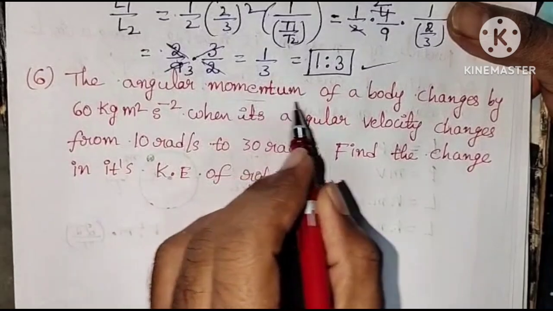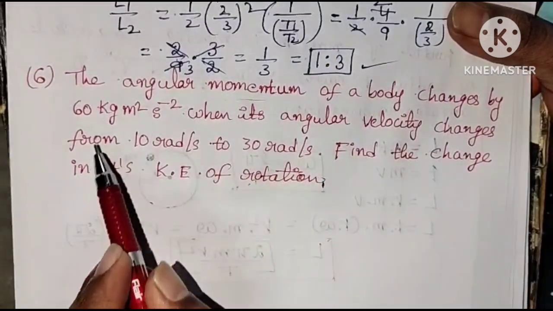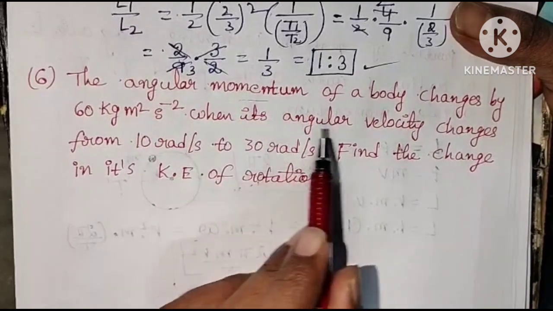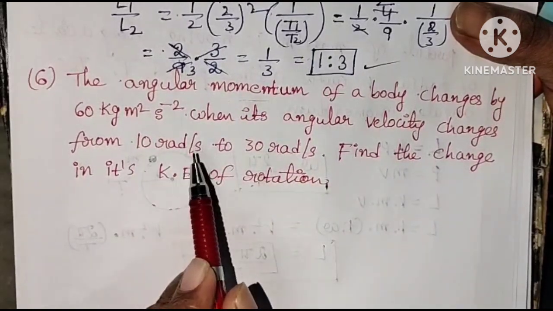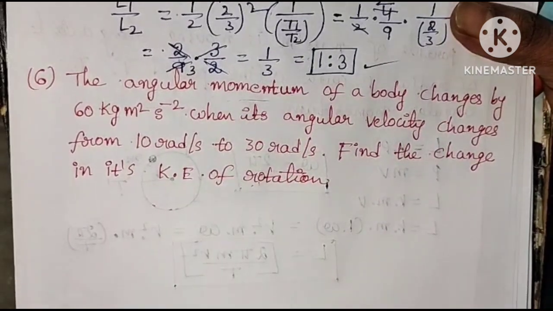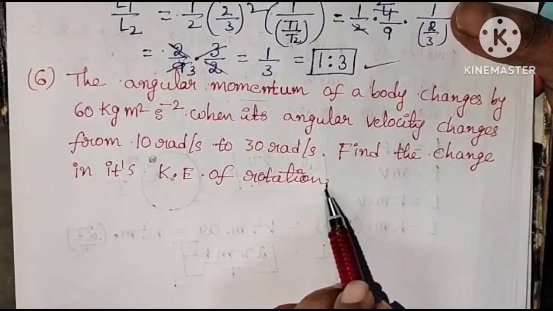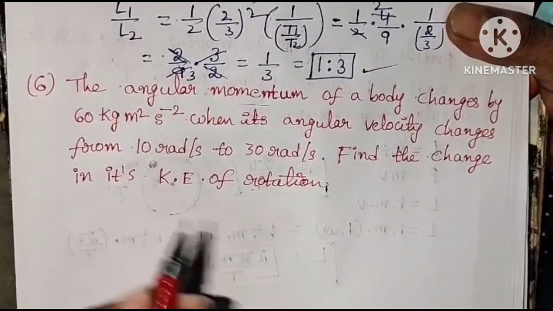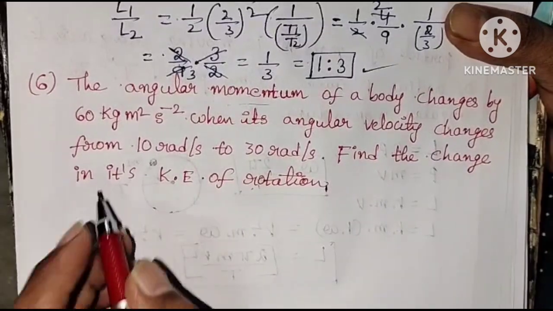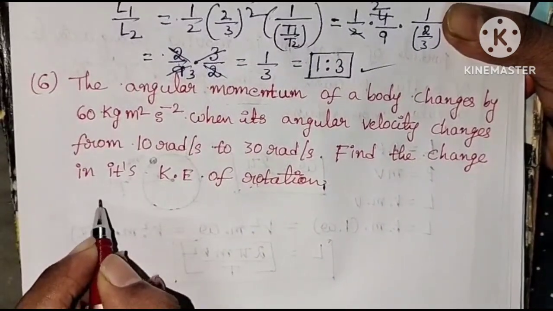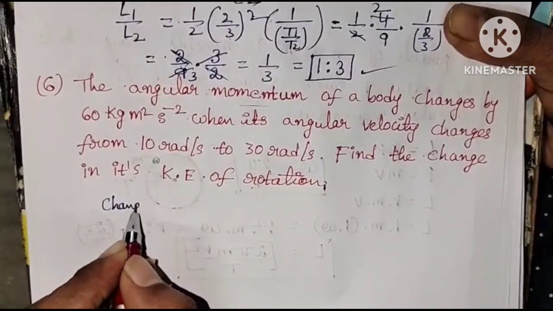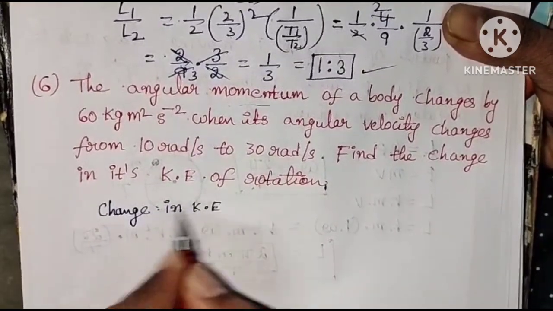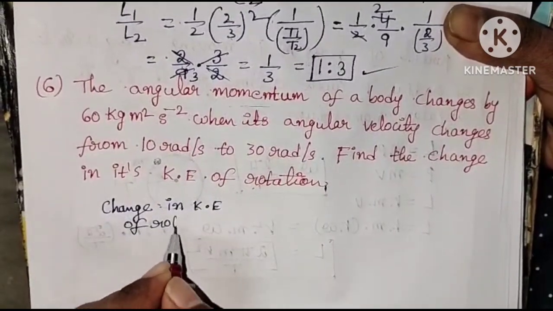The angular momentum of a body changes by 60 kg meter square second power minus 2 when its angular velocity changes from 10 radians per second to 30 radians per second. Find the change in its kinetic energy of rotation. Okay, we have to apply the concept of angular momentum. So change in kinetic energy of rotation,